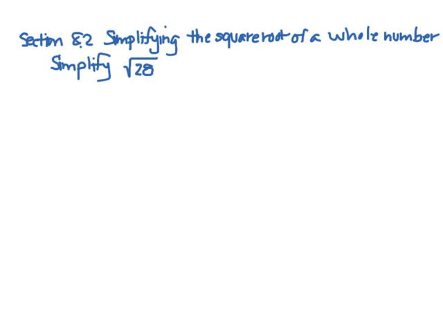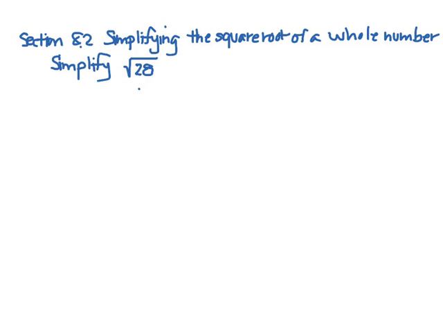Okay, now we're going to work on simplifying the square root of a whole number. So let's say we just have a whole number in there, but it's not a perfect square, right? There's no number that when you multiply by itself gives us 28. So